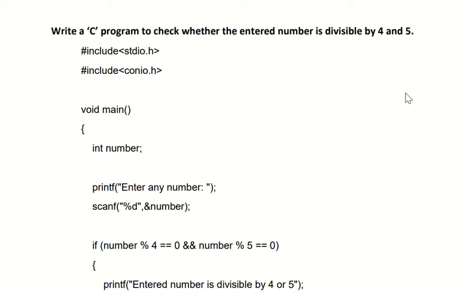Hello everyone. So today's topic is write a C program to check whether the entered number is divisible by 4